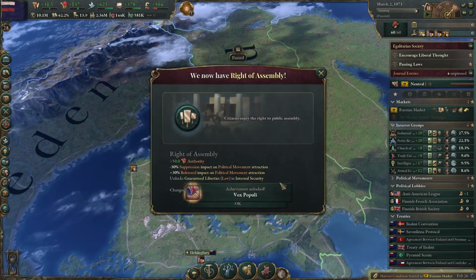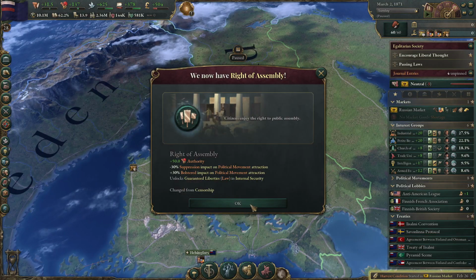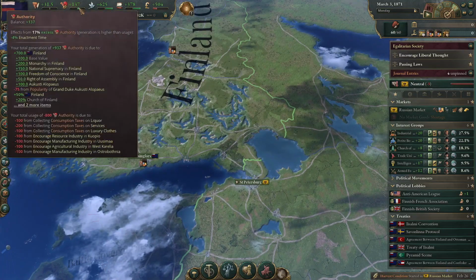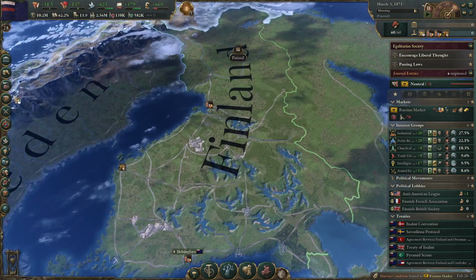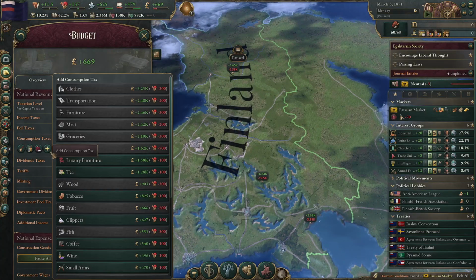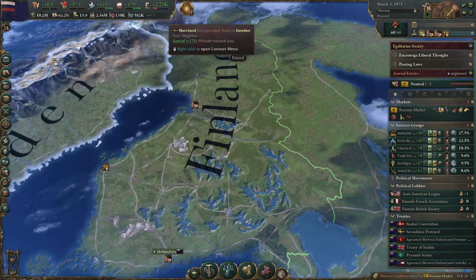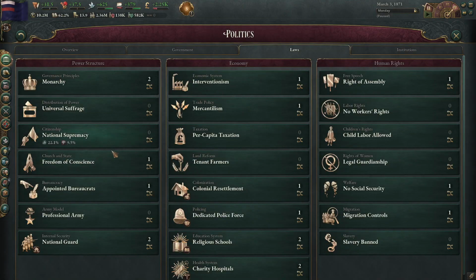There we go. We passed the law. So that does cost us a little bit of authority, I reckon. Actually, let's wait for a moment. Oh, no. Okay. We've still got some authority. We can put in another taxation over here. Luxury furniture it is. So we can start paying off some of the loans. And then let's go ahead and... I think we might want to...